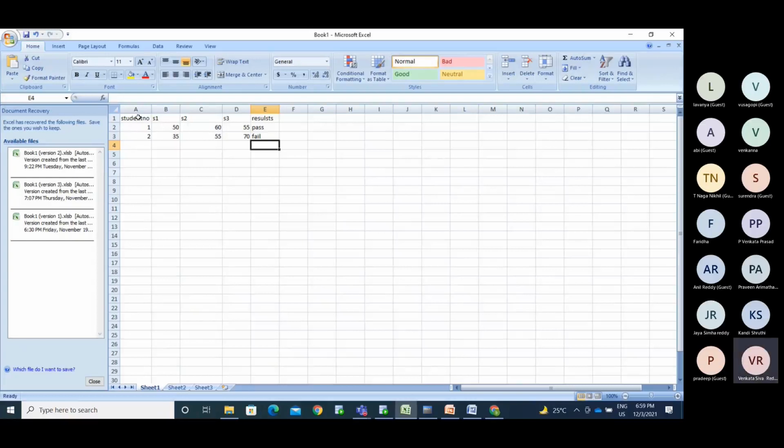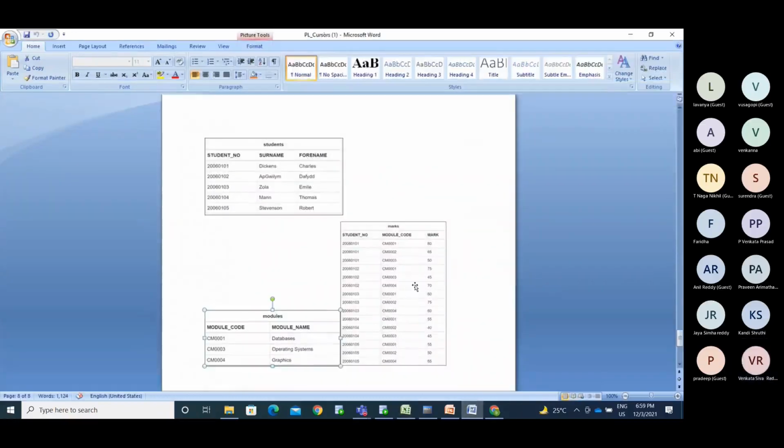Now I need the data in this way: student number, as well as student name. Surname, and your initial, which is your forename, the main name. I need that information like this.